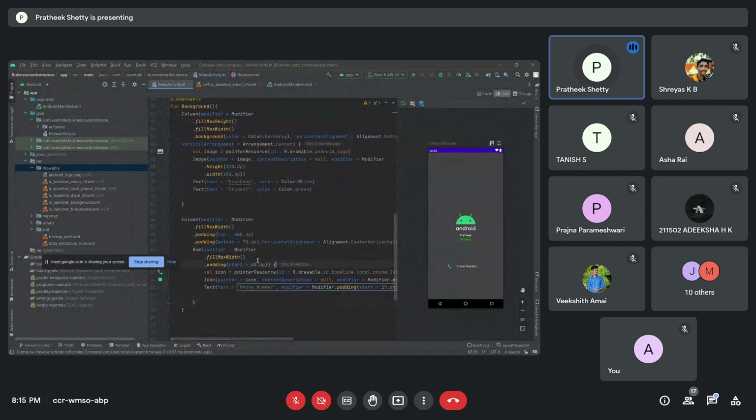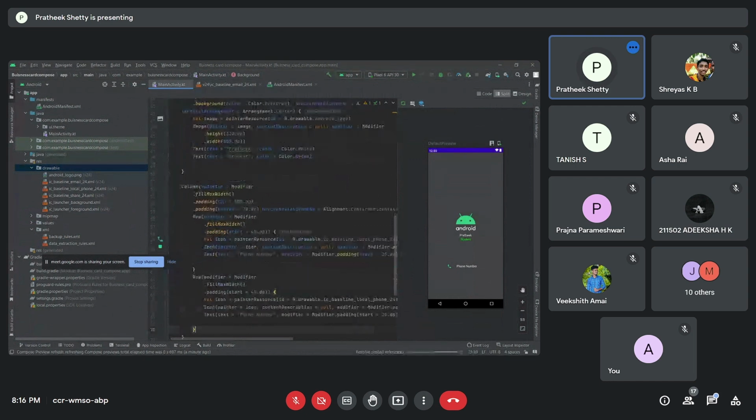So all those things which are the rows, right? You need to copy all those things, because the column will be the parent, right? Under that you will get the children, which will be row. So you need to copy paste everything. So we'll see what happens. Okay,